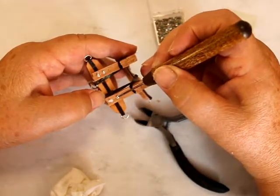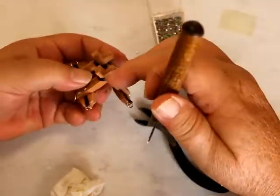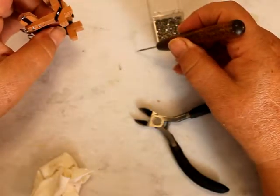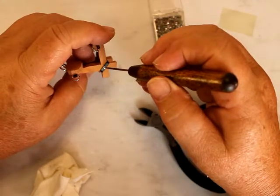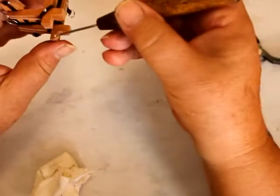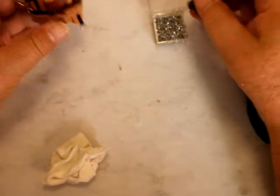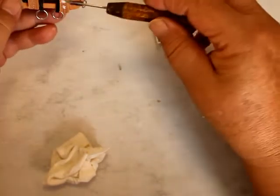Getting older, my eyes are not all that great. So just put them right there. It's a simple detail, but it just goes a long way. So maybe we need one here and here. Probably won't be seen if you're going to put panniers or whatever on there. So this might not be a good idea. I just do. I cleaned it off and I shouldn't have. All right, I'm going to stop cleaning off my...